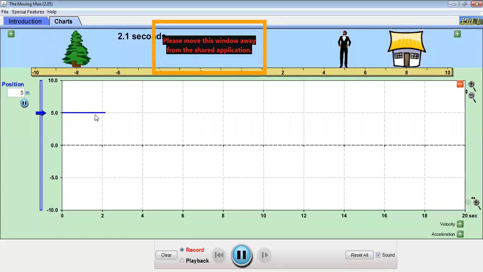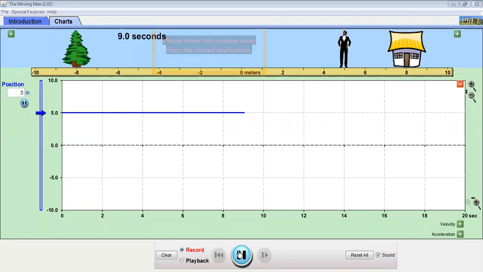Look at this line. How is it? So you find it, I pause it. You find that when the object is at rest, then it is a straight line parallel to the x-axis. Exactly. It's a straight line parallel to the x-axis when the object is at rest. We have just played the graph and seen the motion: when the object is at rest, it's a straight line parallel to the x-axis.